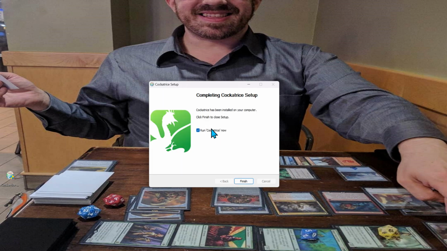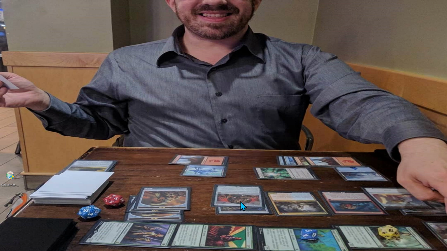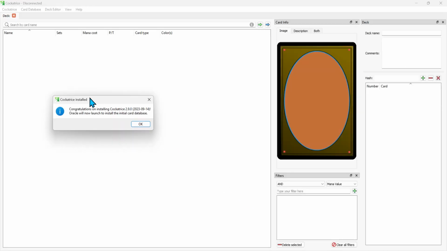And after it has completed its setup, depending on the speed of your computer, it will show you the finished screen here. So you can either choose to run Cockatrice now, or you can choose to run it at a later time, depending on your situation. For reasons, I will just go ahead and press the run Cockatrice now, and then it will immediately open up